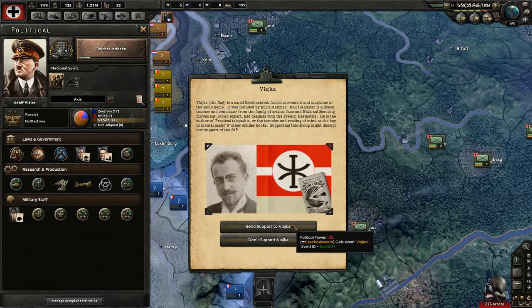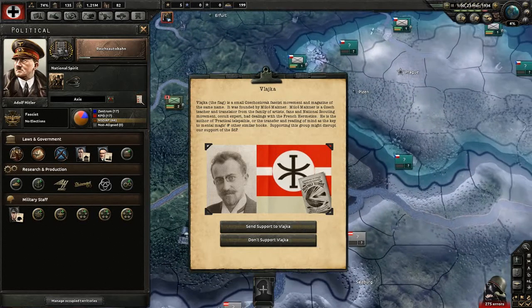But his book, translated into English, Practical Telepathy, or the Transfer and Reading of Mind as the Key to Mental Magic. That's the best translation I can get from the title of this book. That's why I call him a nut job, and other similar books. He was publishing a lot of these things as well. So he's